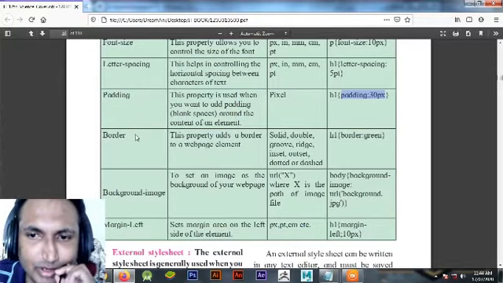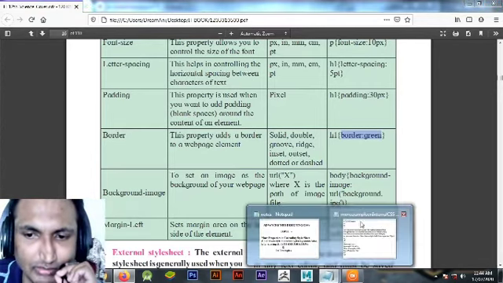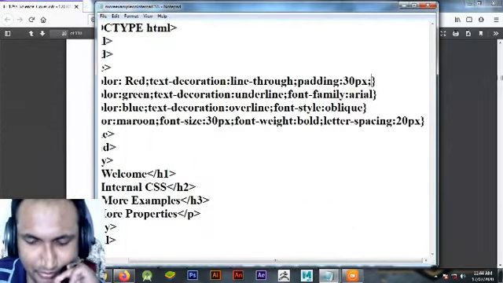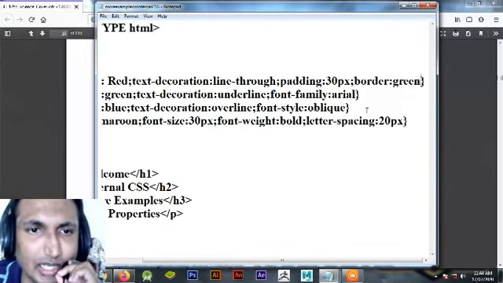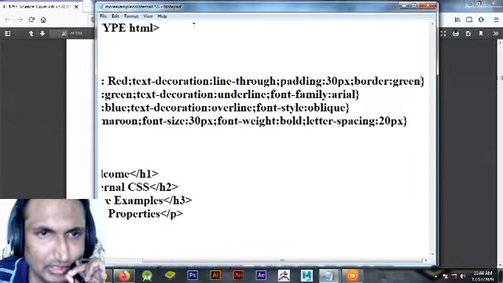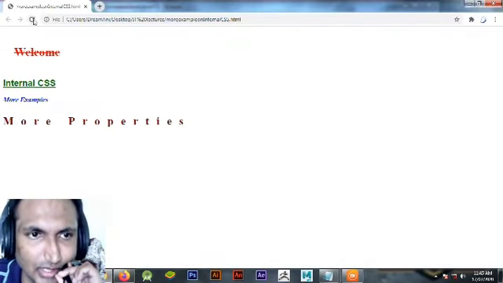Next is border. If I give a green border for the h1 tag, I will simply paste it over here. The border of h1 will appear green. Let's run the program again.